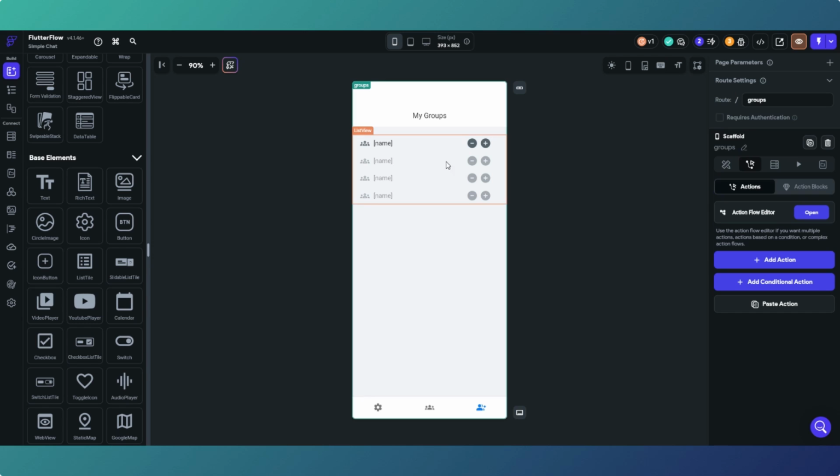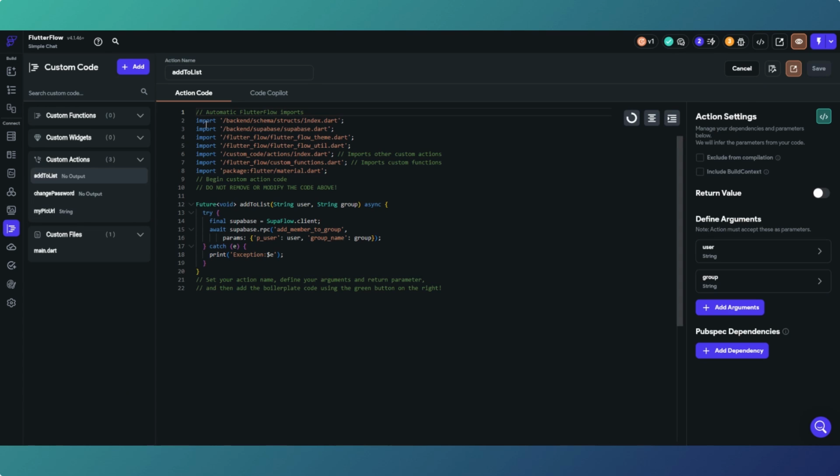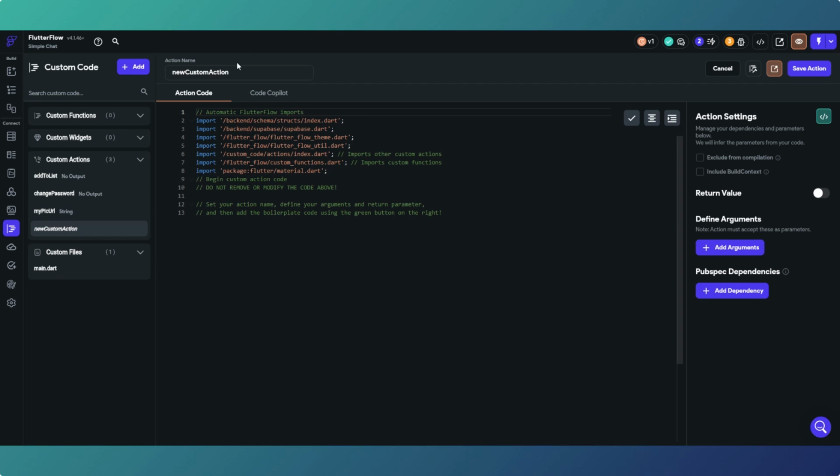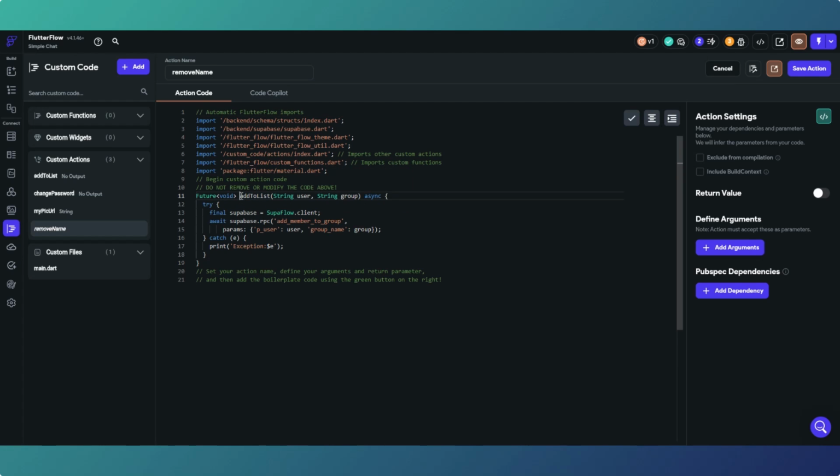Yeah, it's not ideal, but right. So that's that. So what's next? We need another action for that, don't we? So basically we can just copy that one, and that'll be remove. Call it remove name, and then that will be remove name, and we'll call that